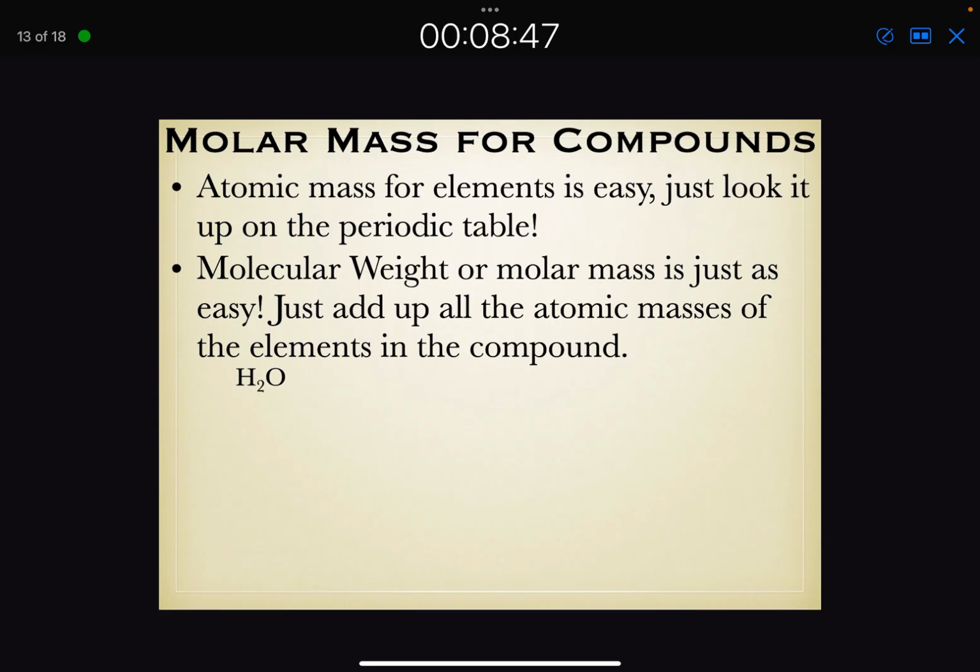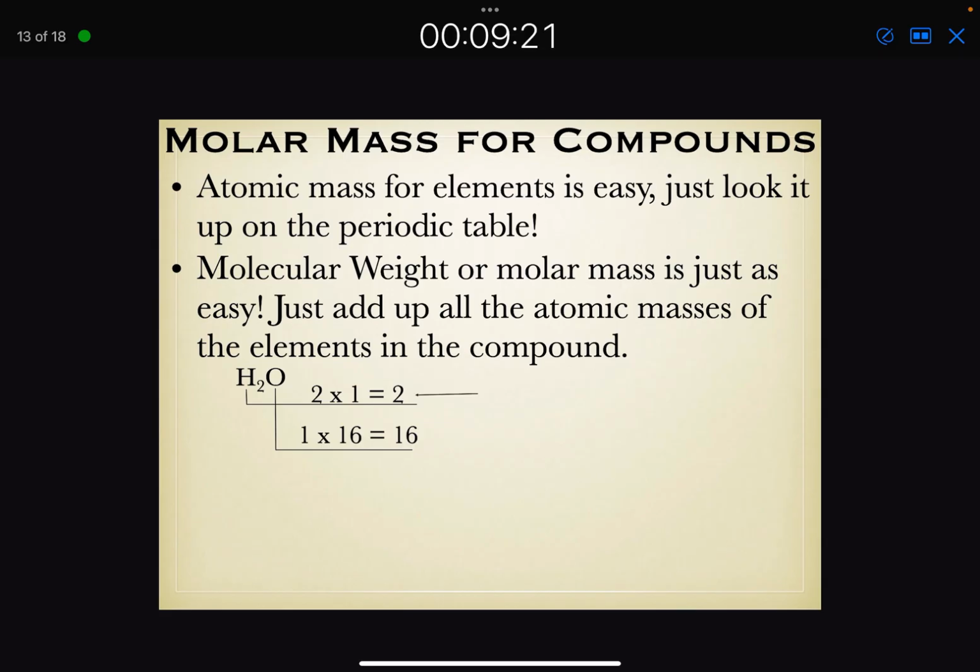If you have a different method, that's fine. Just make sure you're keeping track of all of the atoms, elements in your compound. So for example, if we look at water, this is just 2 elements. So I'm going to draw a line down from hydrogen and over, and a line down from oxygen and over. And then I'm going to write down how many hydrogens I have. In this case, I have 2, and the molar mass of hydrogen is 1. And then I'm going to write down how many oxygens I have. I have 1 oxygen, and its molar mass is 16. And then I simply add up